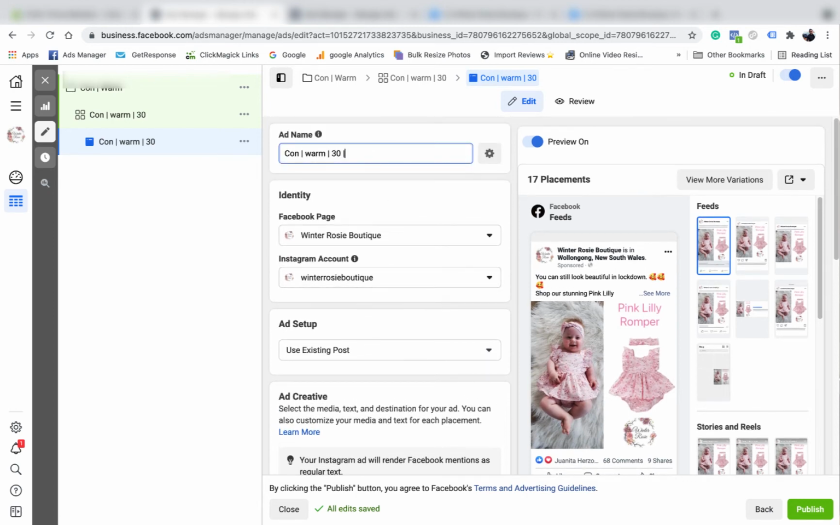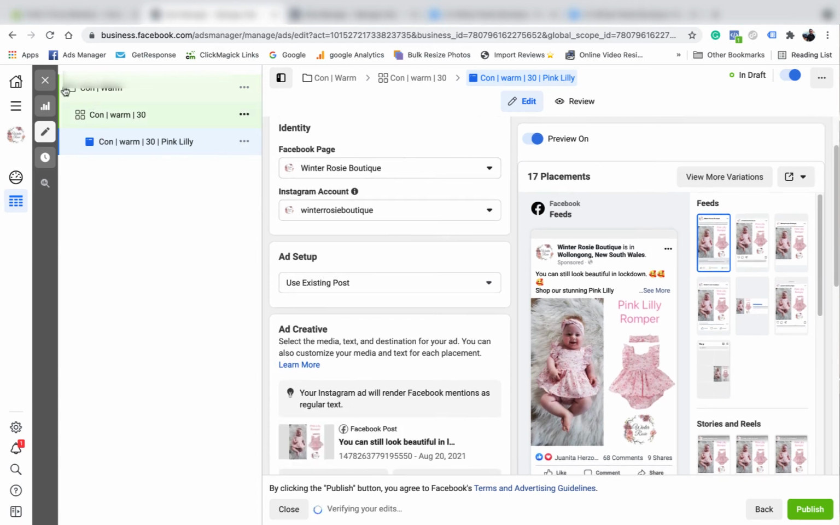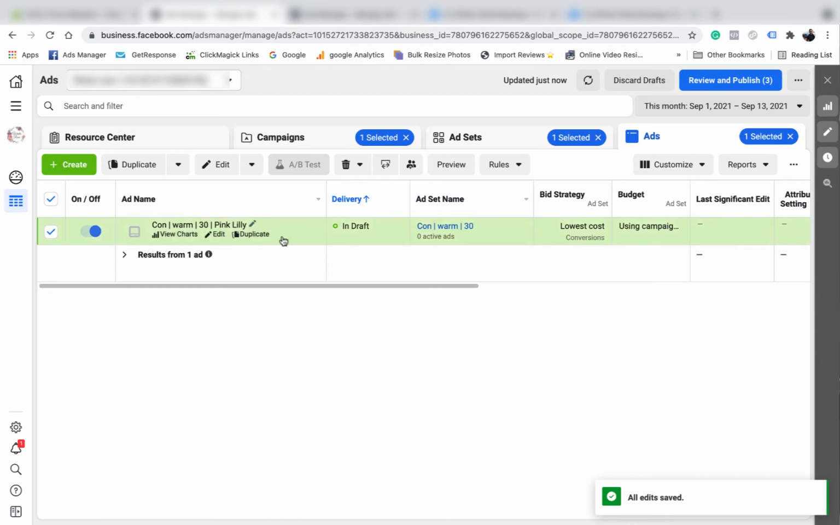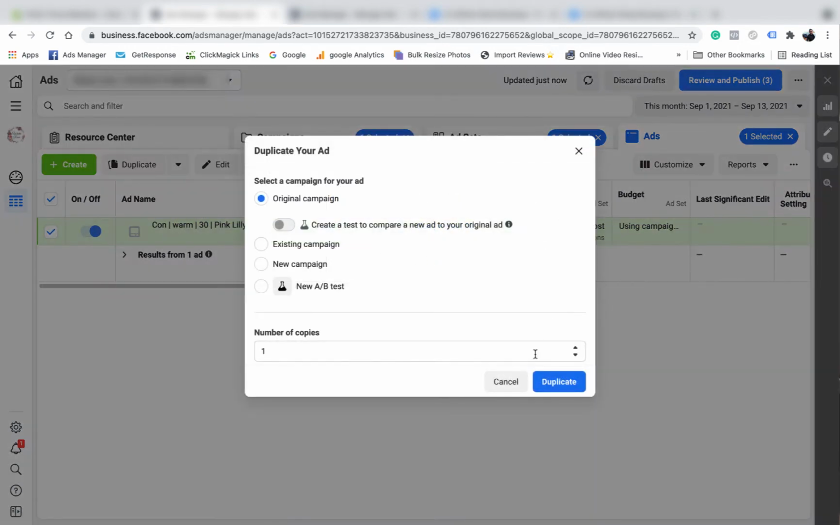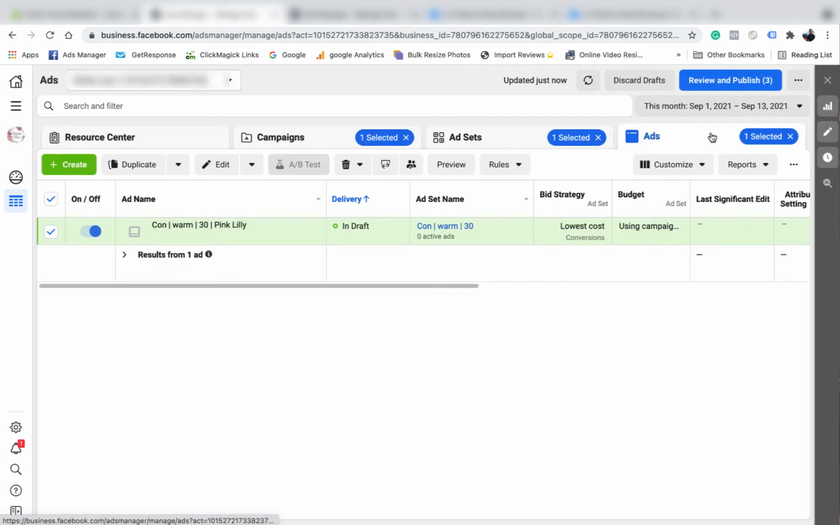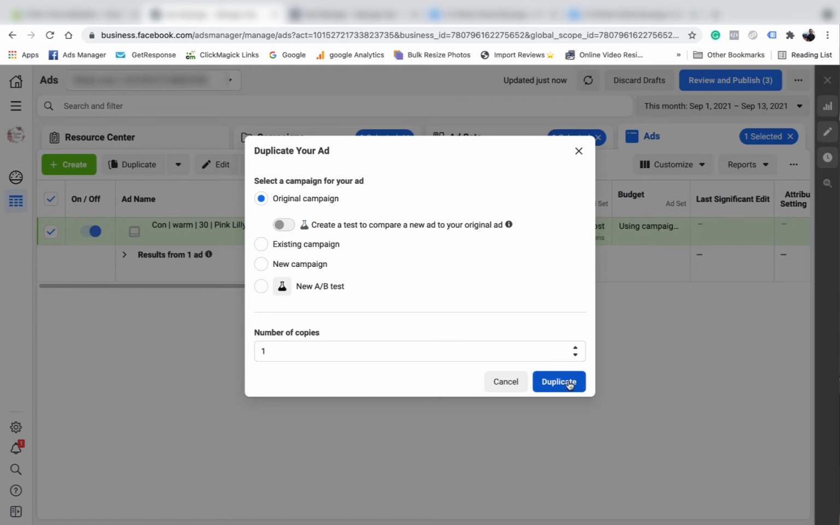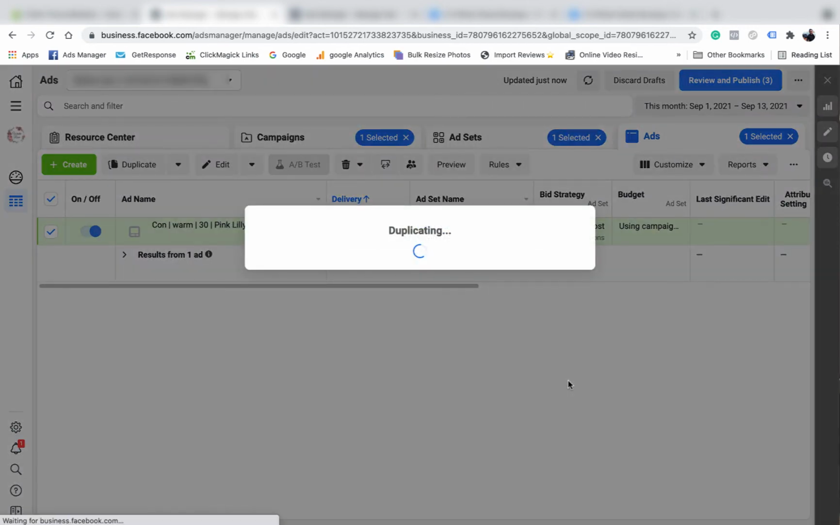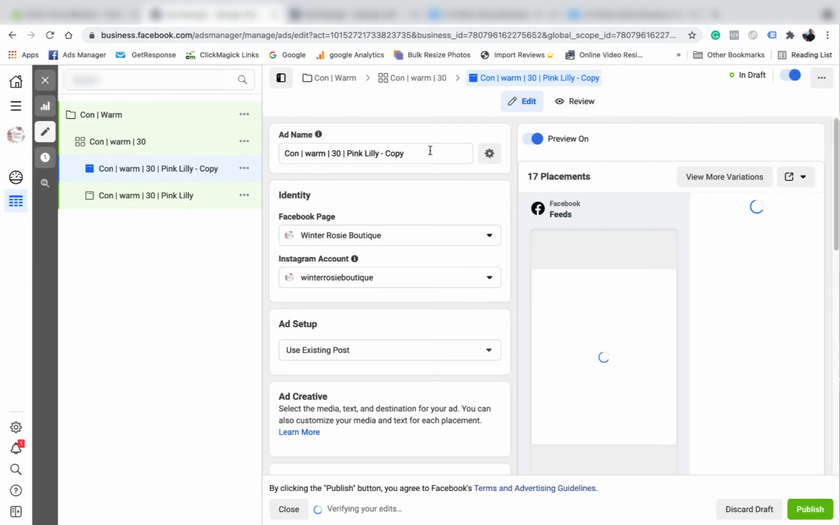What I could do is I could just call it clearly. What I want to do is, because I want to have 2 ads in this ad set, so I'm going to just X out of it, and then I want to duplicate the ad. So just so we're clear, we're on the ads level. So duplicate the ad. And I actually want,